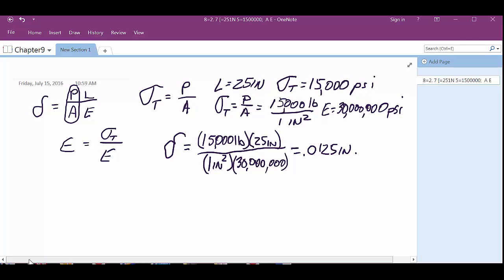19. Well, let's see. 19 says what? An aluminum rod 25 millimeters in diameter and 4 meters long is subjected to an axial tensile load of 65 kilonewtons. Calculate stress, strain, total elongation. Okay. So, what are we going to do first? Well, let's see. Probably ought to calculate the area, right? What I like to do is